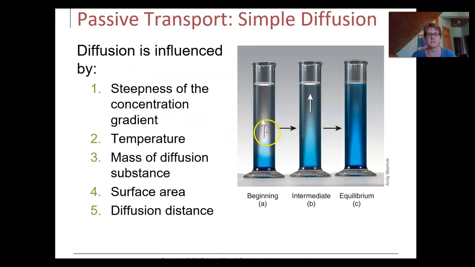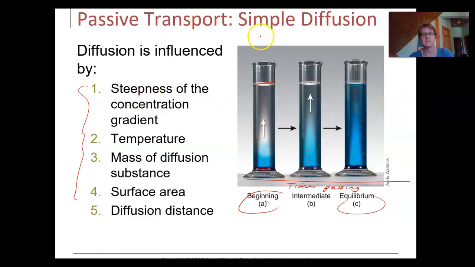So this one was here. I want to talk about all of these because these are uber important. This one here is I put a chemical in the bottom of this beaker. I filled the beaker up with water and I just sit it on the table. So as time goes by, between beginning and end, these particles start to bounce around. And then they're totally equally spread out in this whole contained volume. All right, that's my simple diffusion.